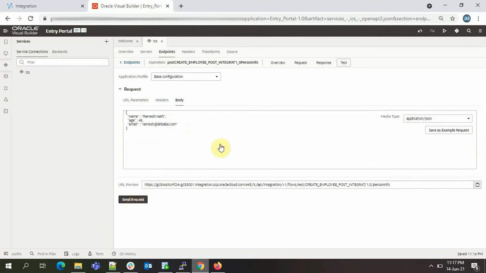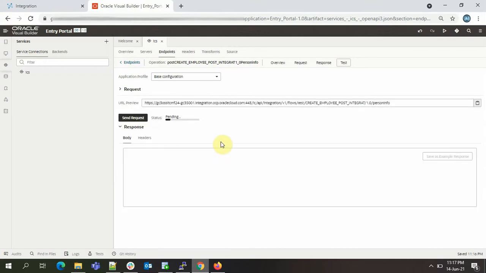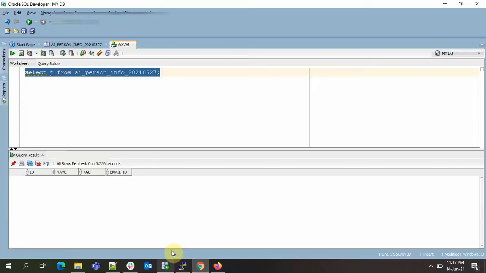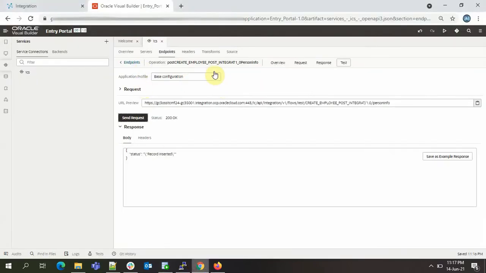We'll just send the request and see, we got the status as record inserted. Let's query the table and see. Yeah, so the record is inserted and our integration is working fine and the service connection is also successful.